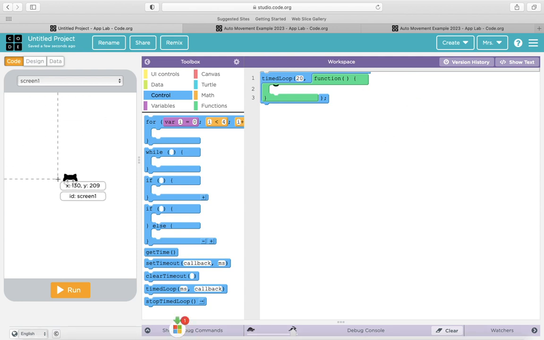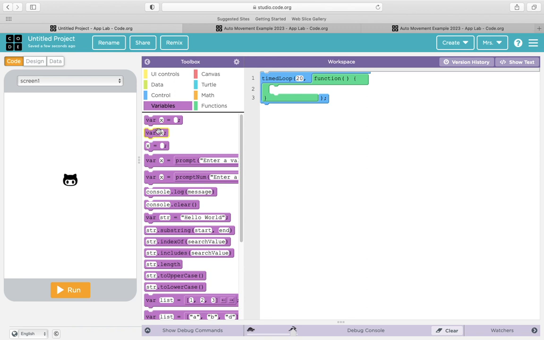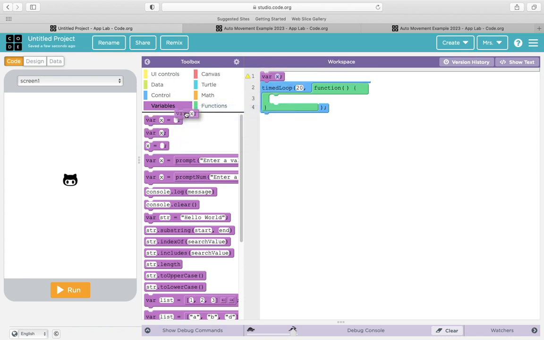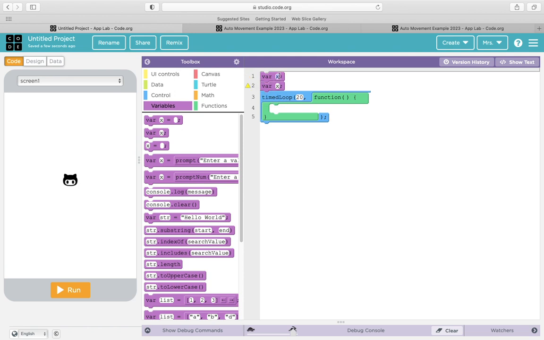Now, in order to move, I have to get the position and add something to it. So just so I don't have to worry about dealing with local variables, because this is a function, so they will be local, I'm going to declare variables for the position of the cat above that time loop. I'm going to call it xcat and ycat because position is defined by an x and a y value. So every 20 milliseconds,